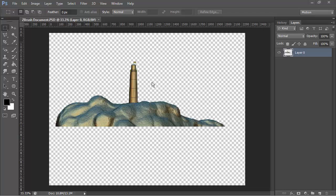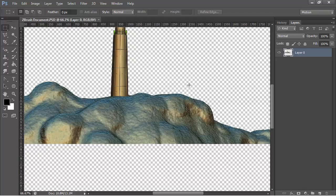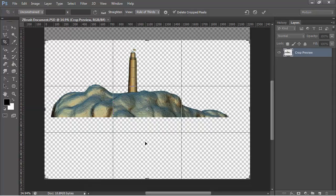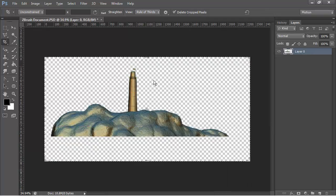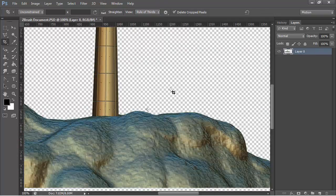Okay, so now we've got our model in position and stuff, and we can see it's all nicely cut out. We're going to do the next thing now, which is just to crop the model down. So I'm just going to go into the crop tool here, and I'm just going to crop this a little bit, not too much, like so. You can see at actual pixels it's actually quite big,